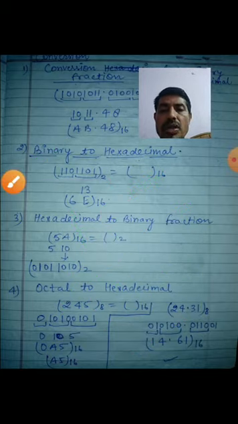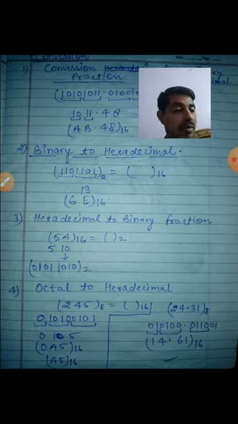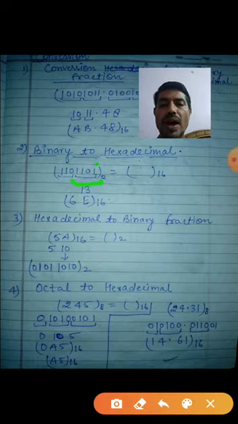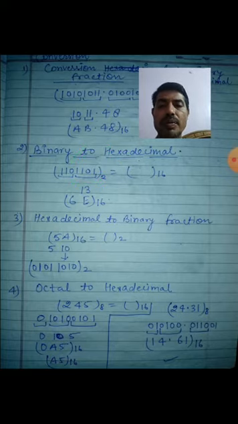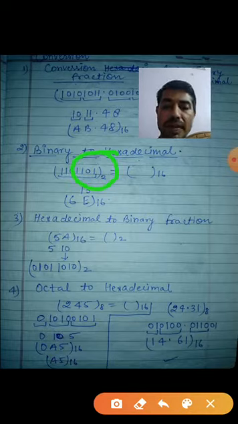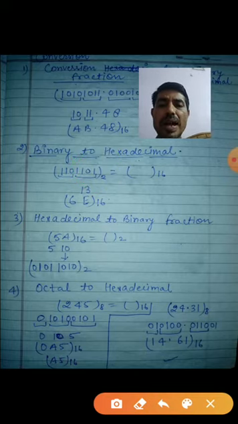Look. You will make the combination from right to left. For how many bits will you take? 4. That's why I have taken here a 4-bit combination. From left to right, you see here 1, 0, 1, 1. You take this one. What will be the binary value of these 4 digits? 1, 0, 1, 1. That will be 13. 13 means what? E in hexadecimal. So that's why I have written here E.